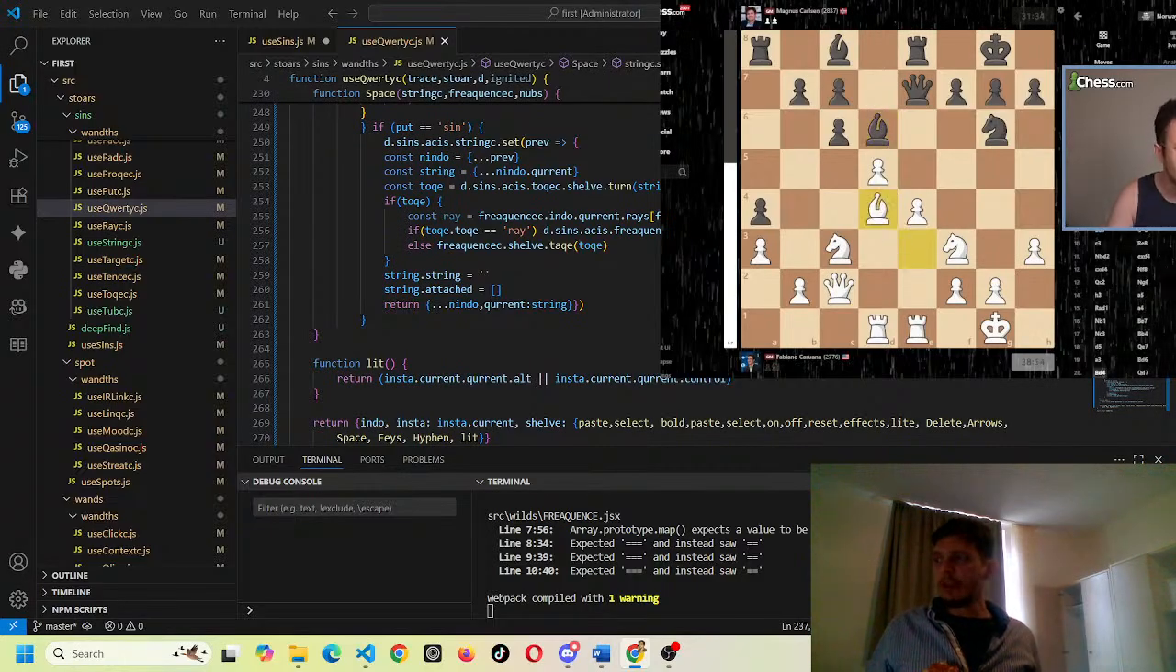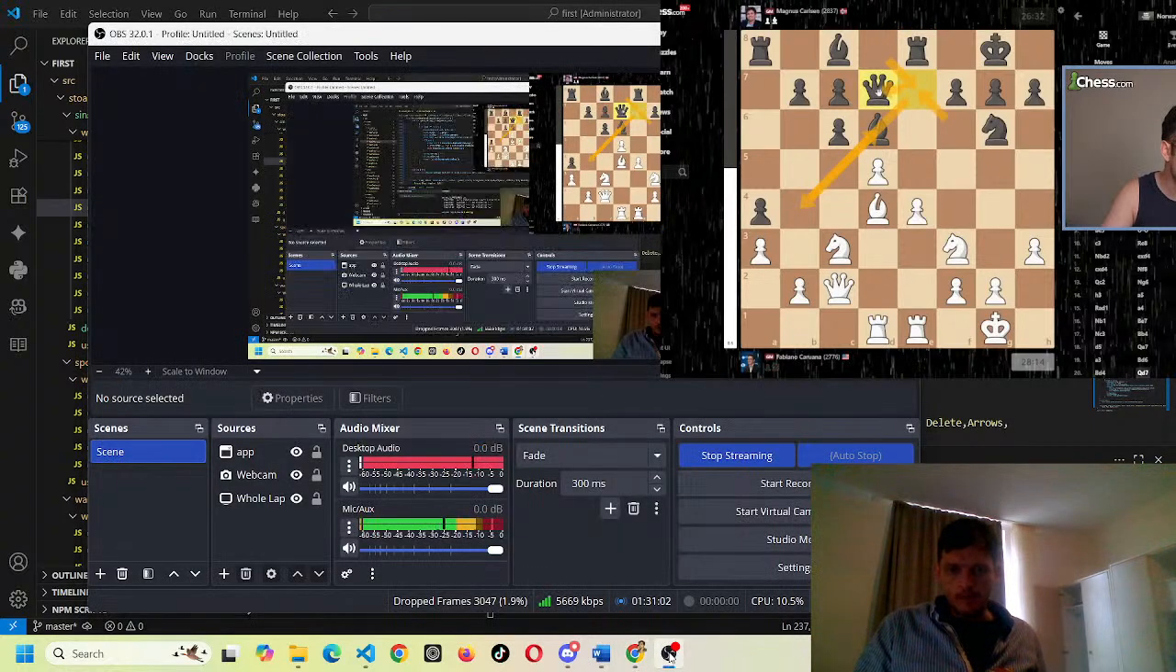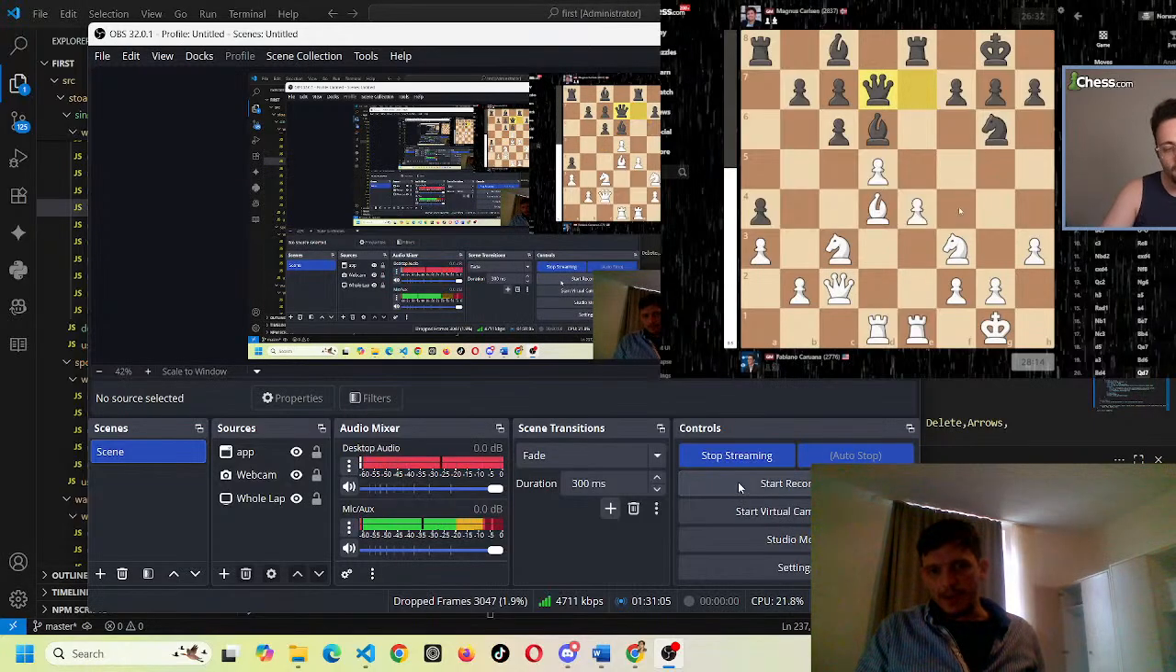Only Fabi is making improvements. Bishop d4. Queen d... Yo. Bishop e7, bishop b4, bishop d6, queen e7, queen d7. The way Magnus is playing this game is like he knows he's going to get